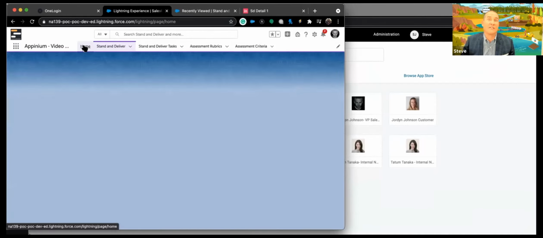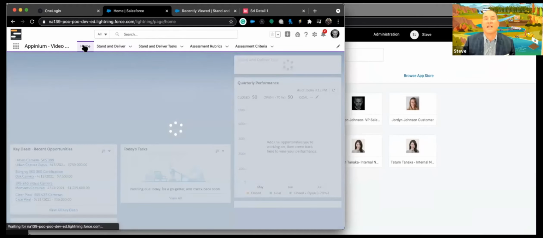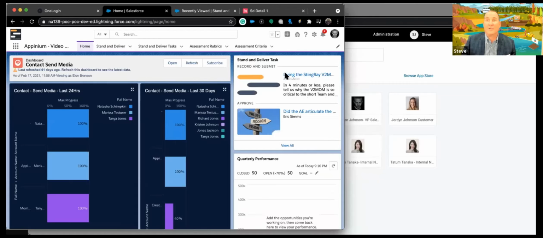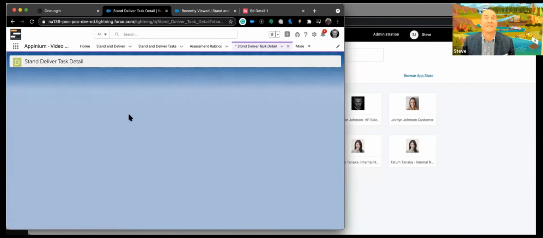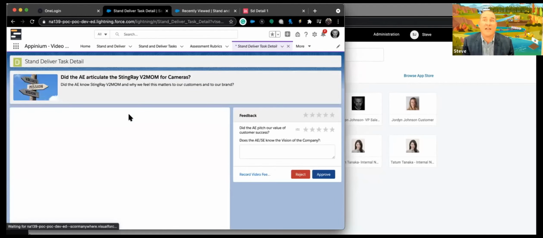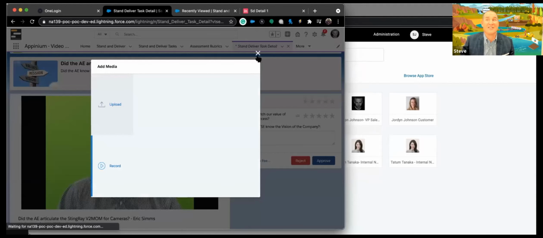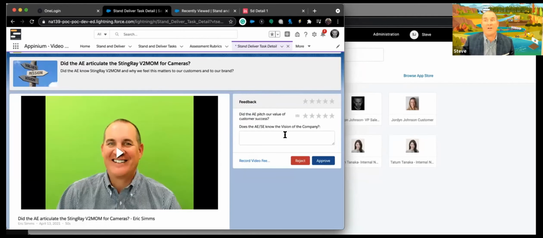Now let's actually go and see what it looks like to review a Stand and Deliver that was assigned to you. So on the very right, you'll see a Lightning component. Up here is actually the one that he has to do. So Gannon has to record a task, but right here is actually the one that Eric Sims has submitted. Gannon just simply clicks on that and he can go ahead and watch the video, and go ahead and record a video response if you'd like to, and go ahead and score that and put any text in there. Simple, easy, clicks of the mouse, right within the Salesforce UI,